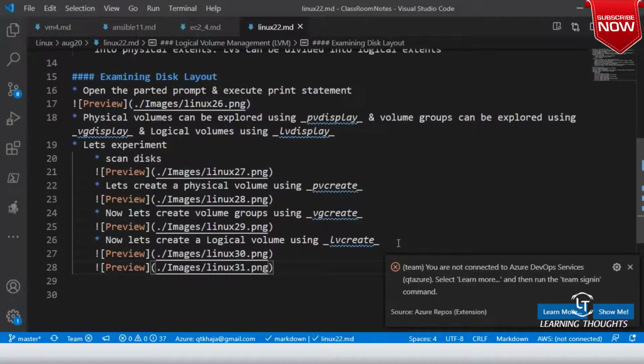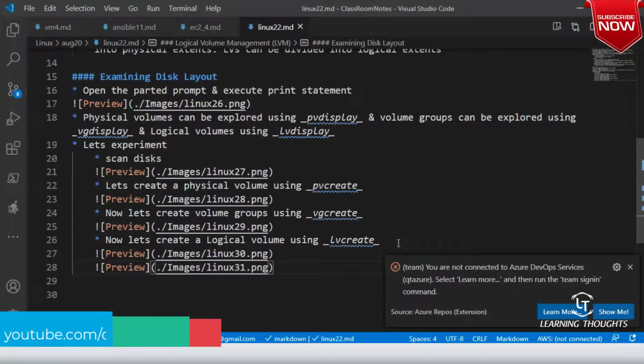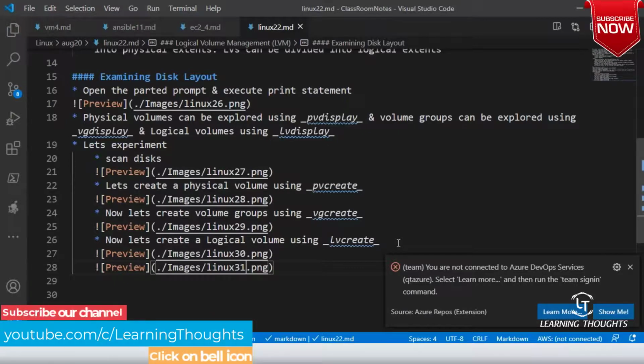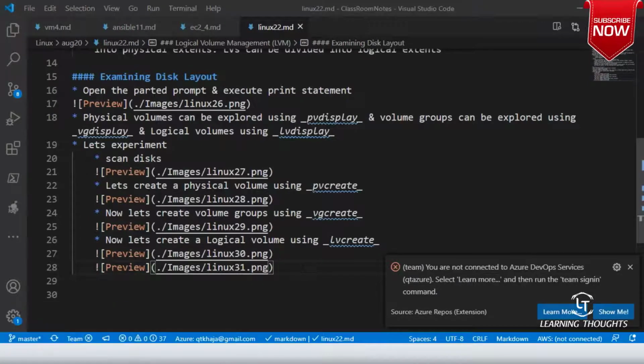You have two volumes. You can grow the size of the volumes, you can create the file system there, and you can mount the file system. So now what I would do is,